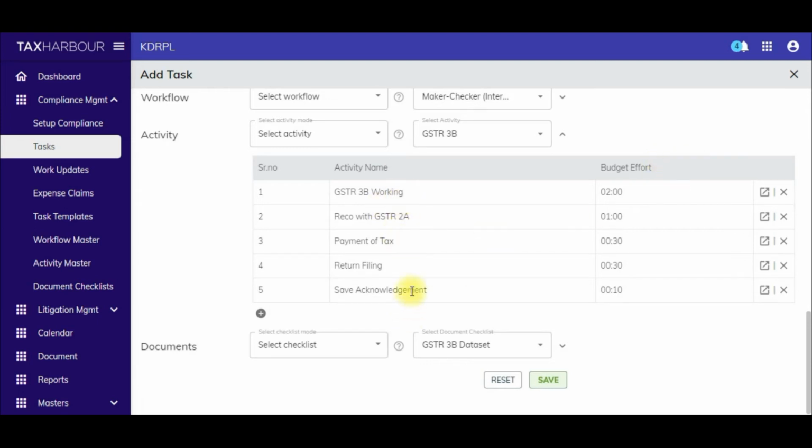So this will help them follow a specific activity schedule, and along with this we are also budgeting the efforts they need to spend on any specific activity. This will allow you to keep track of the efficiency of the team member with which they are working, and you can have a data analysis which will allow you to further refine the processes in such a manner that the efficiency can be improved.